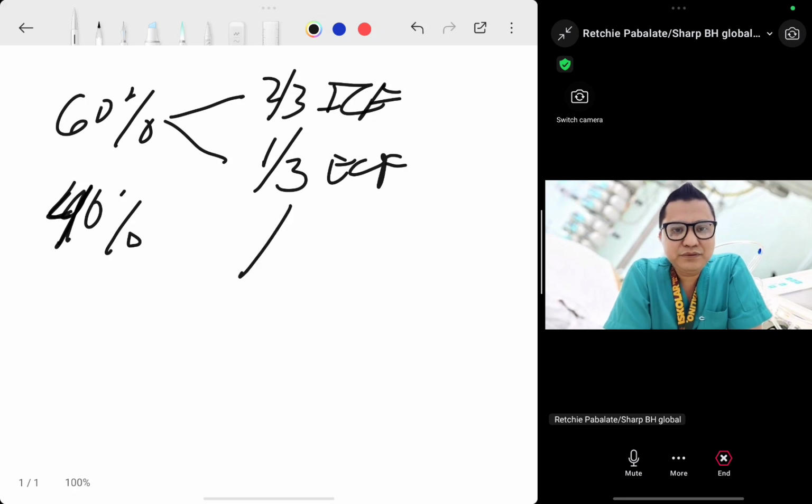This 1/3 of fluid in the extracellular compartment is subdivided into whether it is located interstitially or intravascularly. Interstitial fluid accounts for 80% of this 1/3 of extracellular fluid, and only 20% is within our vasculature,